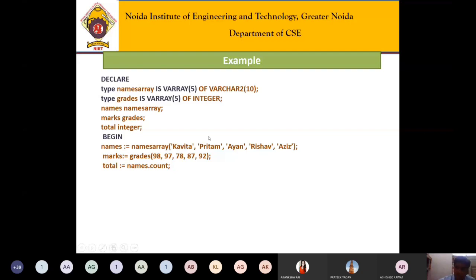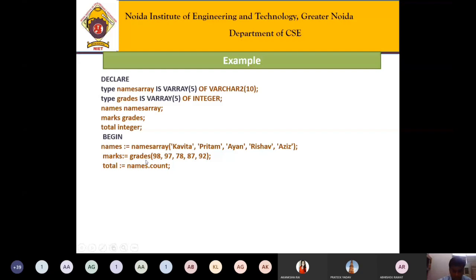Count with array will be used for counting. It will return the number of elements in the array. See here, how many elements are there? So here we have 5 elements, right? So we just print how many total number of students. So total there are 5 students. Now one by one we have to start from 1 to the total number of elements, and we print every name with their marks. So we have to take the loop.